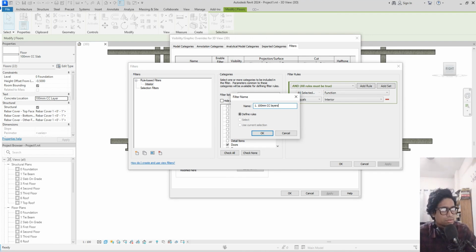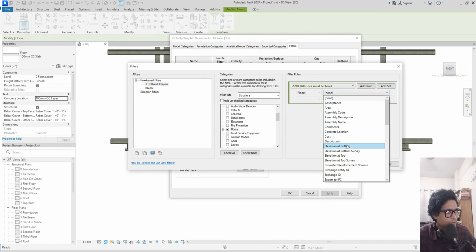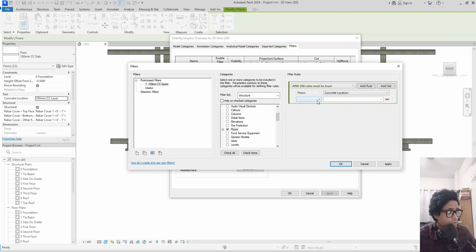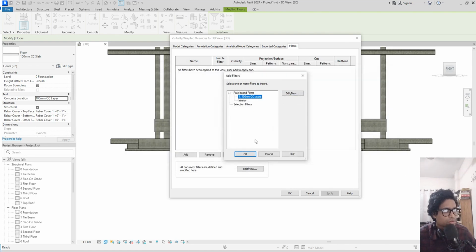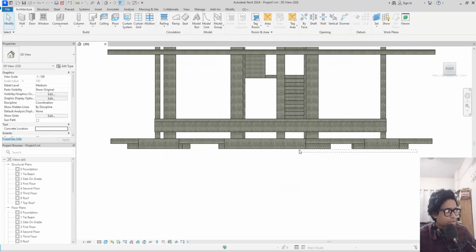Right. 100 millimeter CC layer. The category, it will be in the floor category, and concrete location equals to CC layer. And I want to turn it off. Now I will select